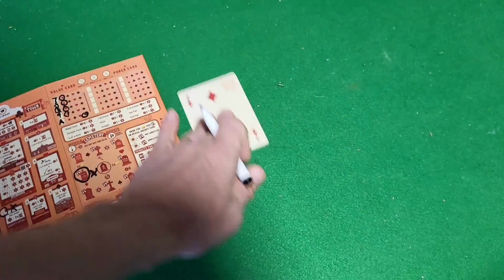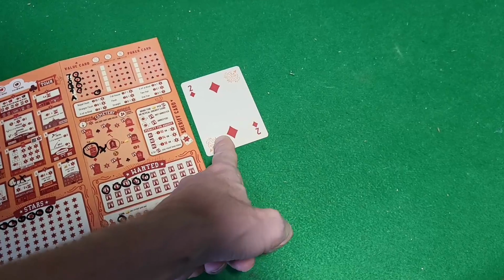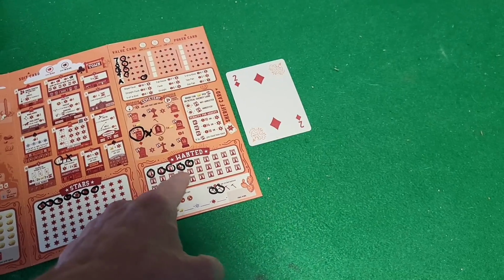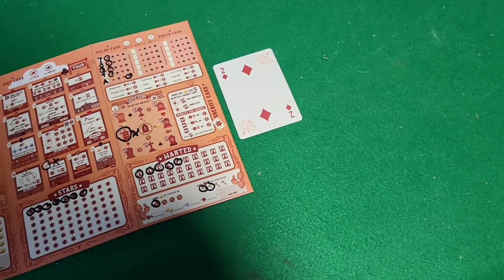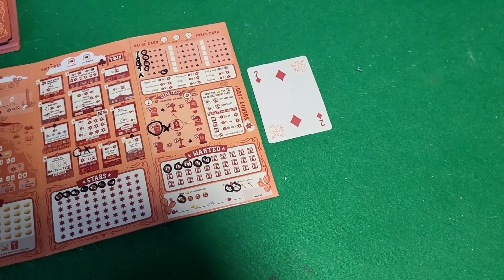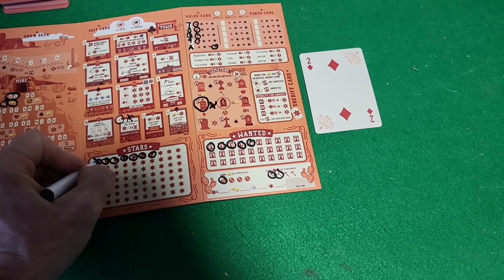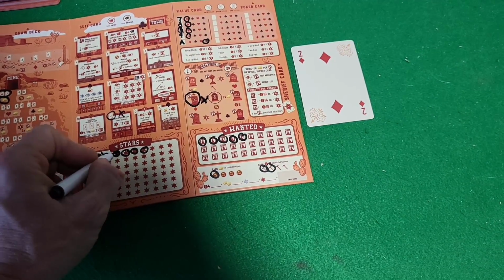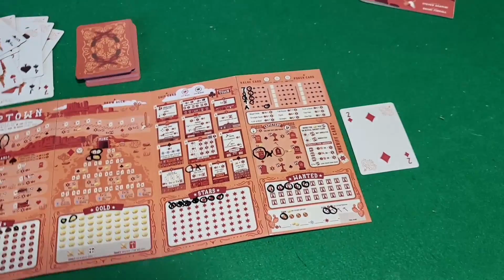And what happens? It's a 2. I pull it, and if this card is greater than or equal to the amount of wanted posters, we're safe. But it's not. It's less. And that means that I have to take either a $10 penalty or lose 4 stars. Well, I'm going to lose 4 stars. Boo! So things didn't go well for me, but that was just round 1, and I'm playing against myself, and